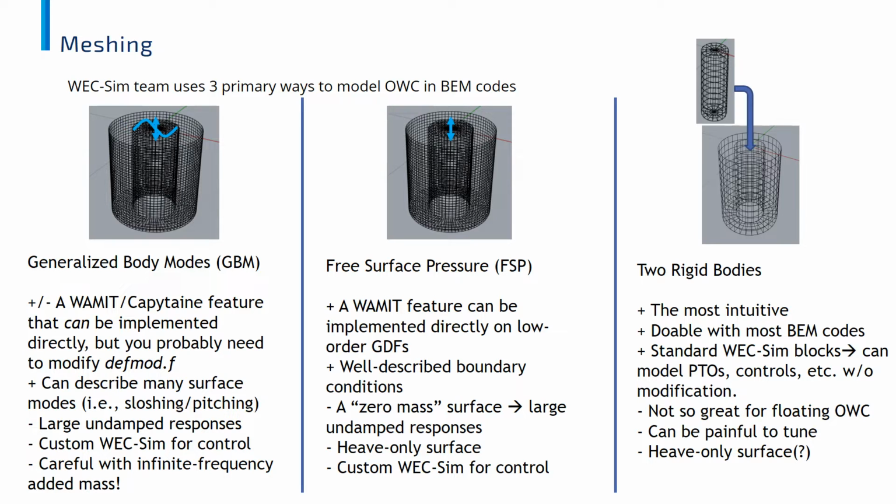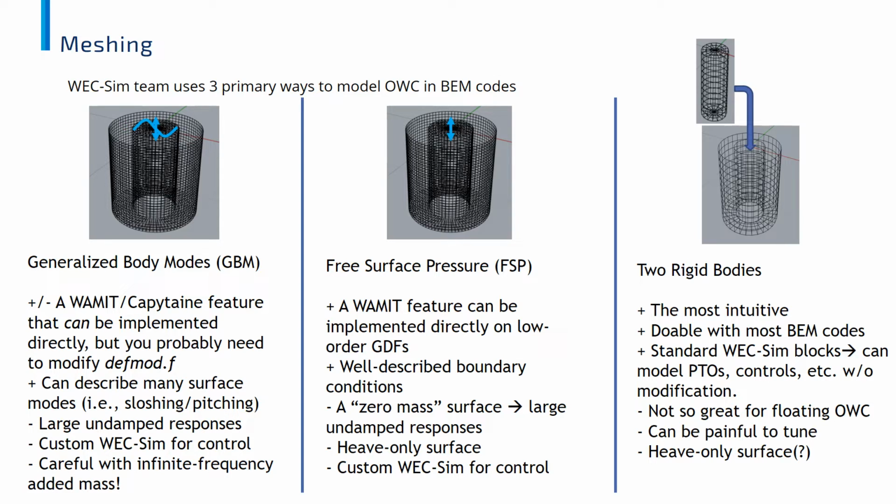So here we see a slide summarizing the pros and cons. I won't read through this exhaustively, but just to highlight a couple of things. Though the two rigid body method is really intuitive and it's great with the standard WEC-Sim blocks, the end result is a 12 by 12 system for the minimum of two bodies and 6 degrees of freedom, which can be painful to tune. And this can be really difficult for a floating oscillating water column where the off-diagonal coupled modes between these two bodies are very significant in the dynamics and not that intuitive